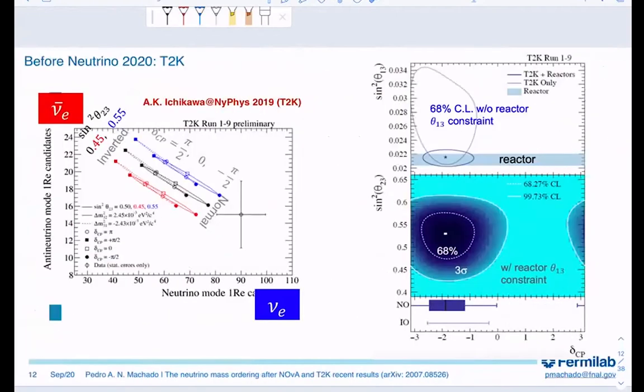Now, if we look at what happened with T2K before Neutrino 2020, that's basically the same plots from the Nature paper. In the same kind of plot, the nu mu to nu e events, nu mu bar to nu e bar events, you can see that the measured data is somewhat far from the allowed region in the standard model. So this is actually why T2K preferred so much maximal CP violation here, because the data point is away from everything.